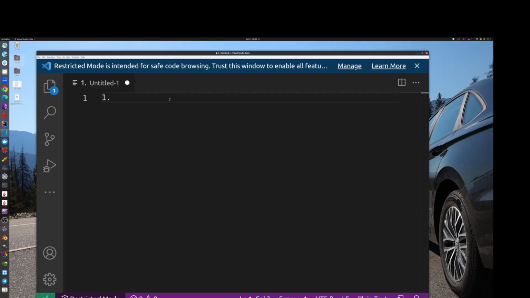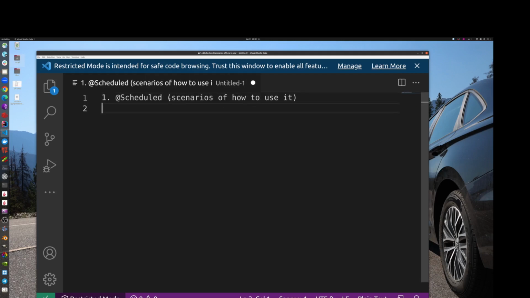For those of you who haven't watched the videos, I will quickly cover what we have covered, but I still encourage you to go and check the videos. So we were talking about the @Scheduled annotation. We discovered different scenarios of how to use it. We were talking about